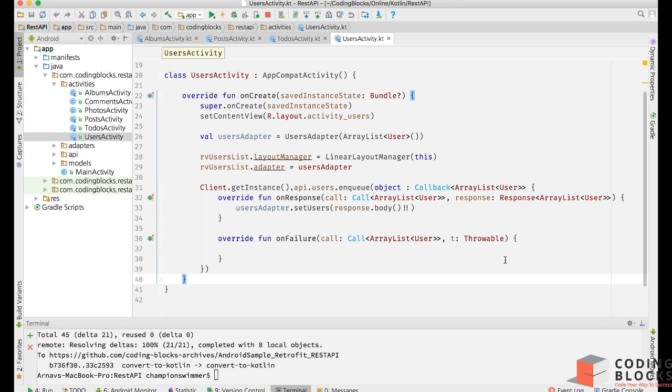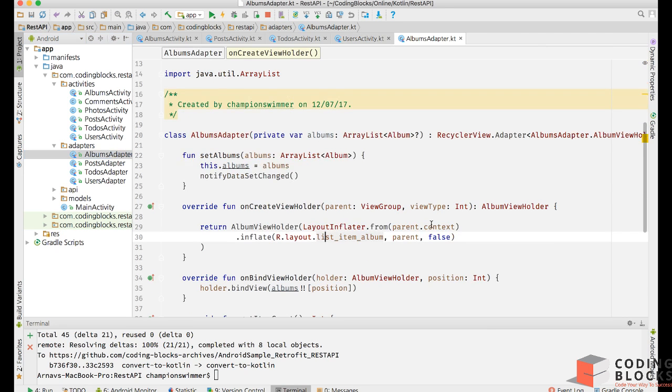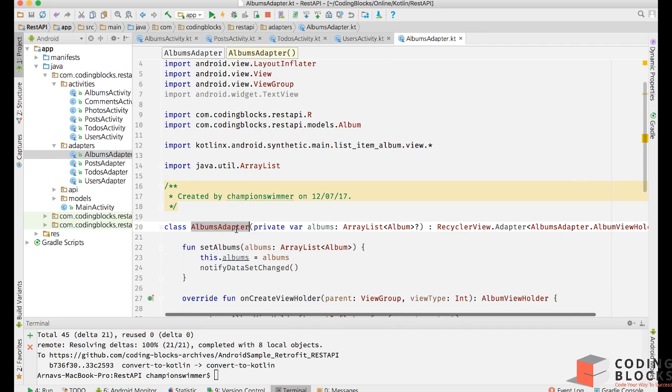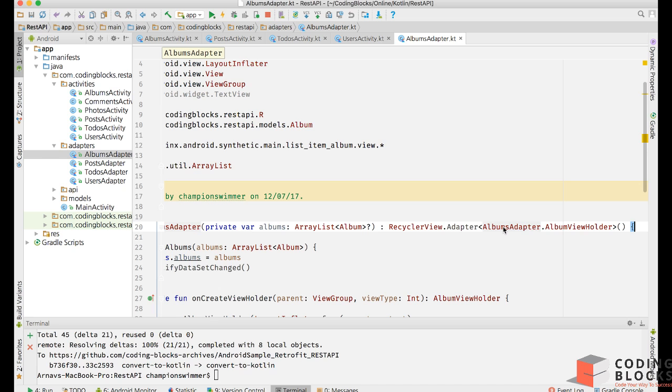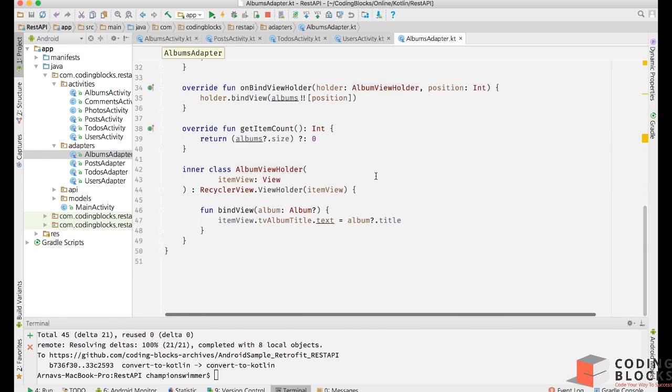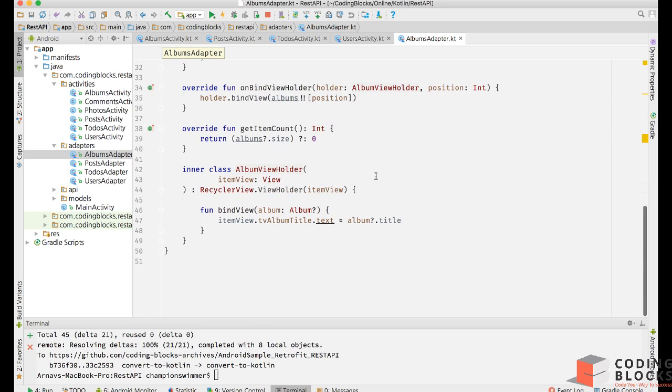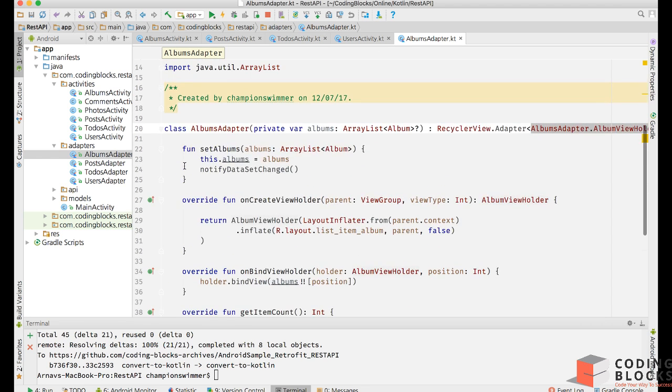Okay, so Sajal asked why we removed internal from the adapter. It is because if you create something as internal, that class can only be used inside its parent class. Now, if you look at the adapter code again, I'll just open that up. This album view holder class was also used to define our adapter itself. This place in the code is not outside the class. This is part of the definition of the class itself. So we are using an internal class to define an external class, and that is a dependency that cannot be afforded. So we have to make it not an internal class, because internal classes can only be used inside this class. Basically that means that you can only use it in a dynamic area, basically inside an onCreate function or somewhere like that. Okay,